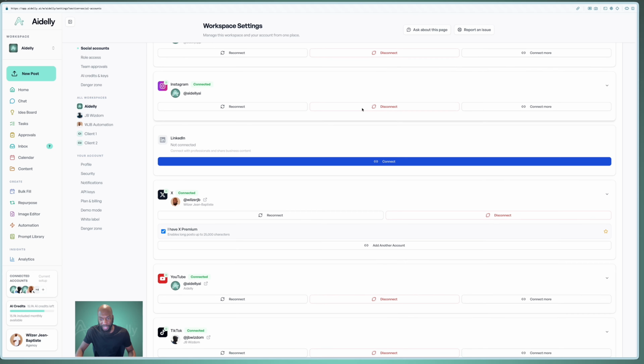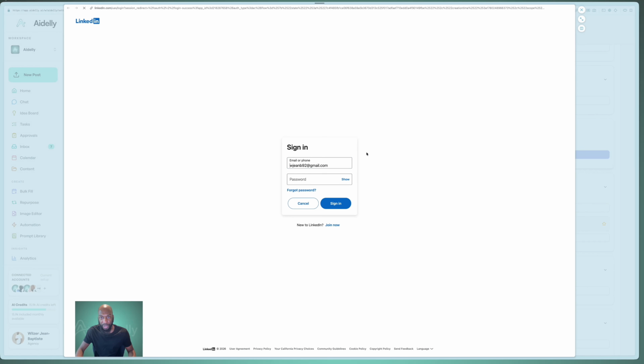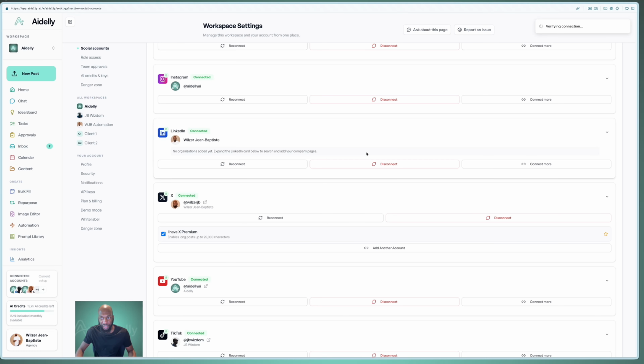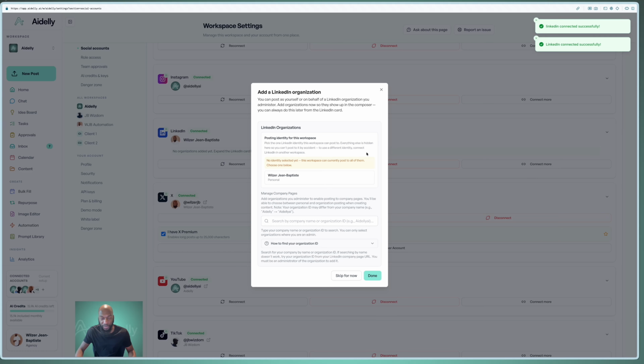So connecting is pretty easy. You just click the connect button. It's going to open up another window. It's going to sign me in to my LinkedIn account. And once it does that, we are all good. So for LinkedIn and for other platforms as well, you might get a pop-up that says which account you want to be the main account, or which organization you want to be the main organization. In terms of LinkedIn, we know there are personal LinkedIn accounts and organizational LinkedIn accounts,